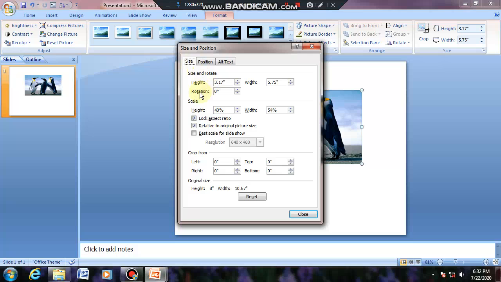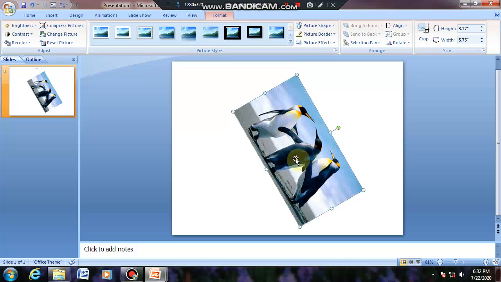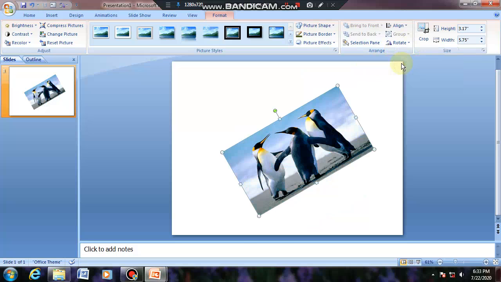Here, in the size and position, go to the size tab and set the rotation to 60 degrees. Now your picture is rotated 60 degrees. So this way you can rotate your pictures in different ways.